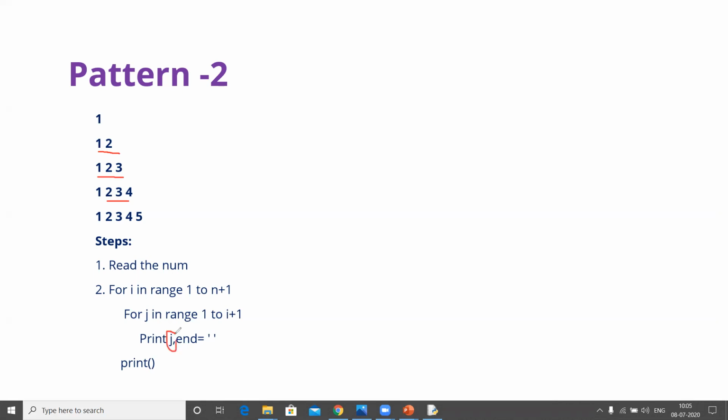Instead of printing the i value, print the j value, because the j value is updating from 1 up to i. For the first row, i equals 1, so the j value goes from 1 to 1.